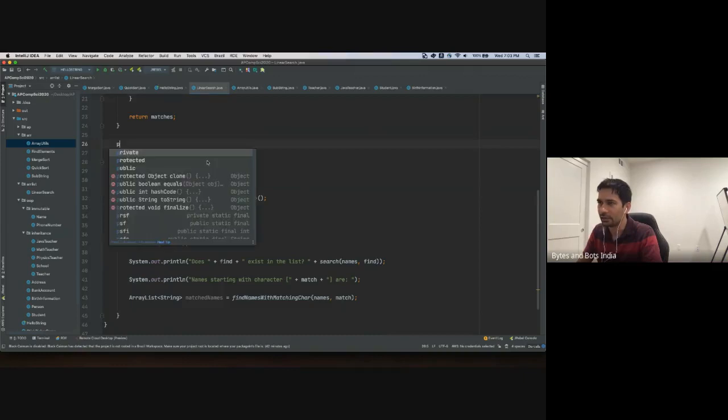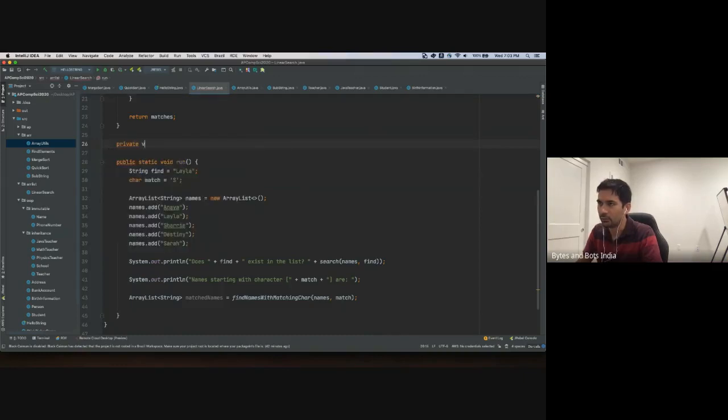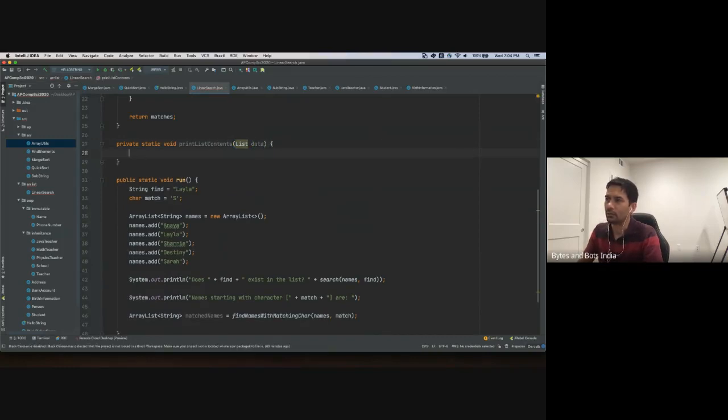So for now, we'll say private static void print list contents. It just does one thing, which is print list contents. And what should it take as a parameter? It should take a list. It could be of any type, data, and then what will it do? It will simply